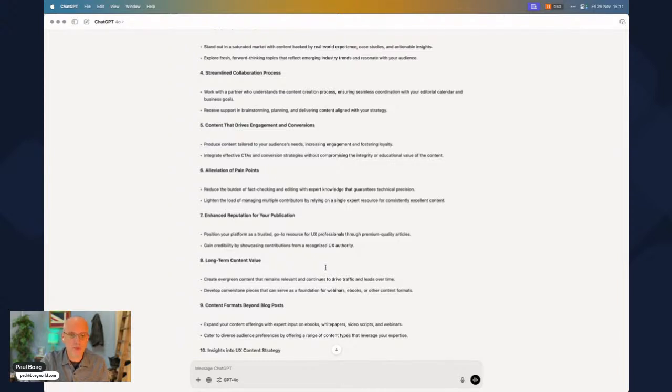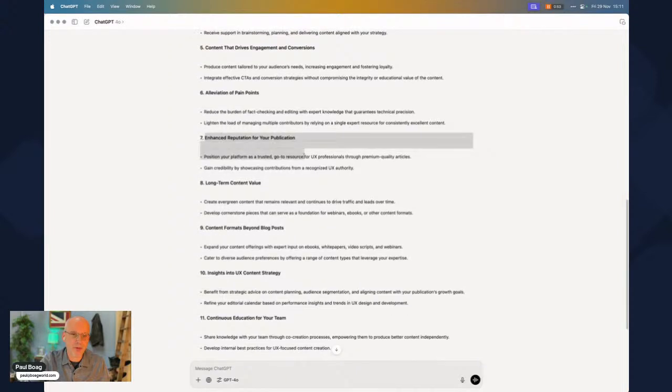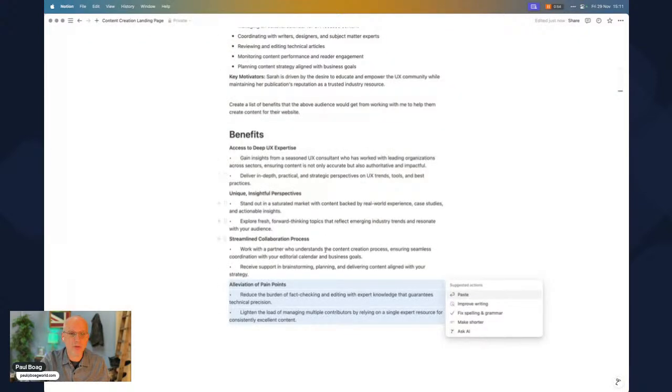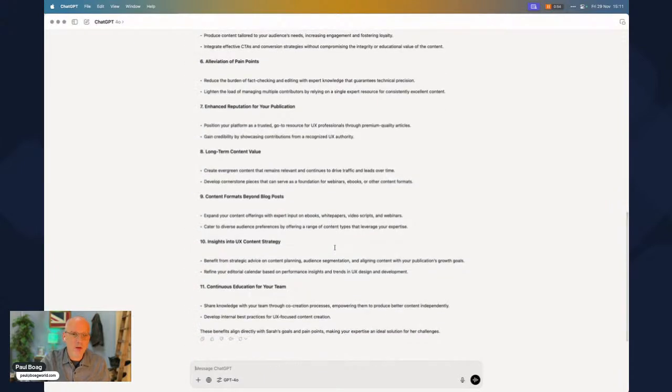Enhance reputation for your publications. Yeah, not necessarily. Although there is something to be said there because of my kind of experience and the reputation that I've got. And it needs rewriting a bit, but there may be something there. Long-term content value. I do tend to write about evergreen posts, so there is something there.